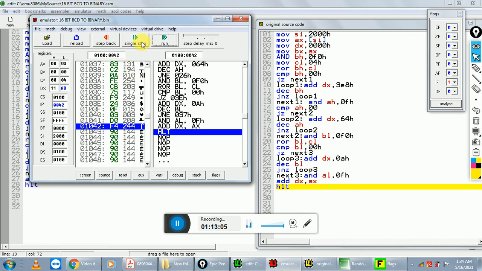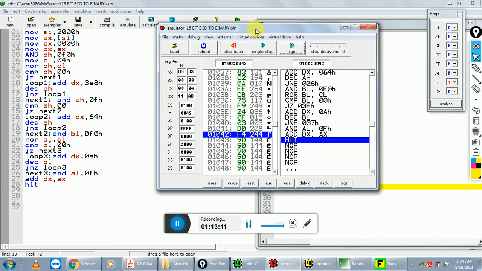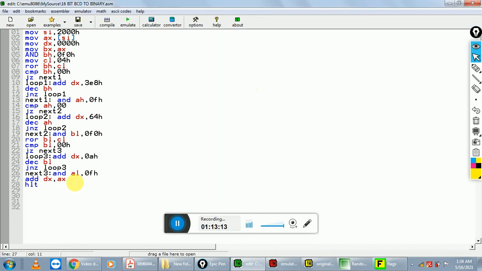Okay, and after that click on halt. Suppose you want to save the answer in a specific memory location. So write down here MOV, and the specific memory location is, suppose, 3000, comma, and the answer is present in our DX register. So move the content of DX to this memory location.